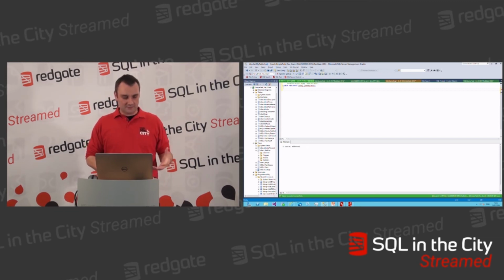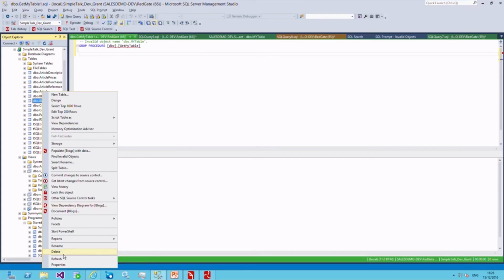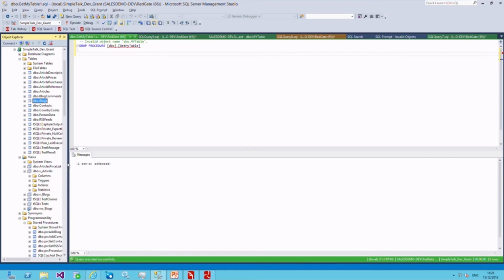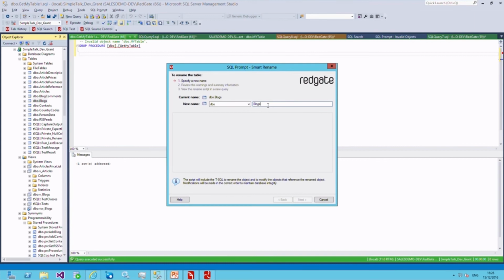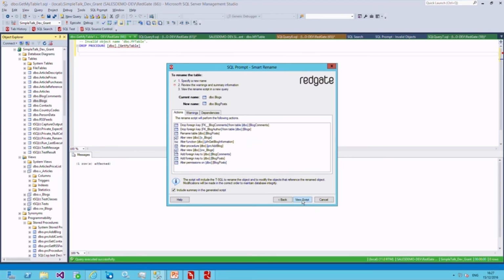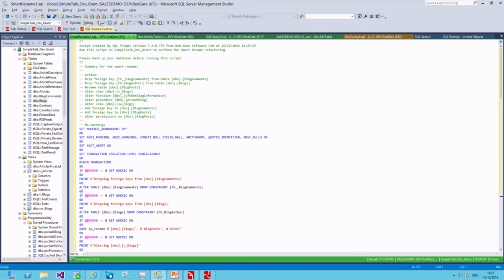And so how do we get this to work? Well, let's imagine a change that we might want to be very cautious over. Let's say we want to rename our blogs table. So I'm going to use smart rename functionality, actually, so you get an added tip in here. Let's imagine we want to rename it blog posts. So we'll just do the smart rename. This will produce the script for us that takes care of all of the dependencies, and we can execute this